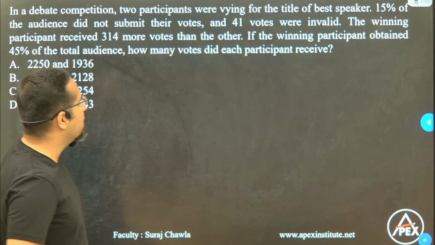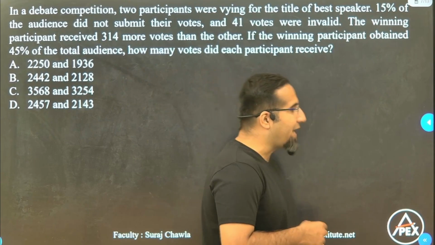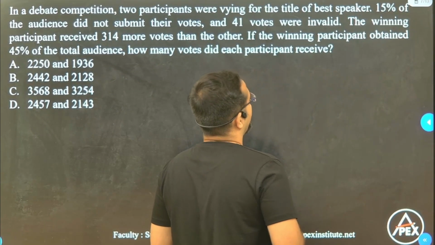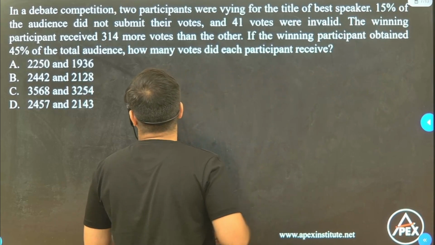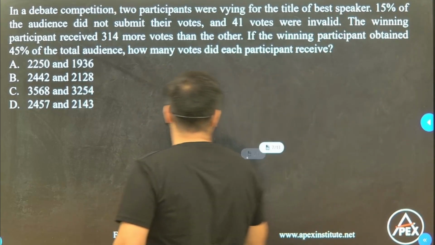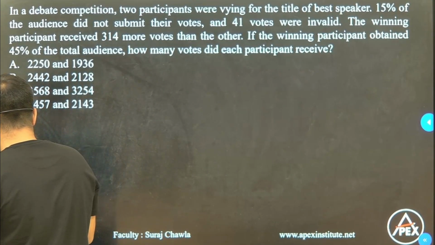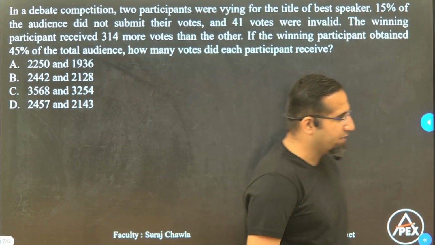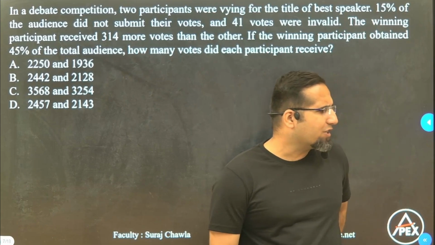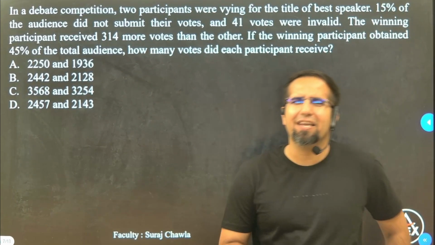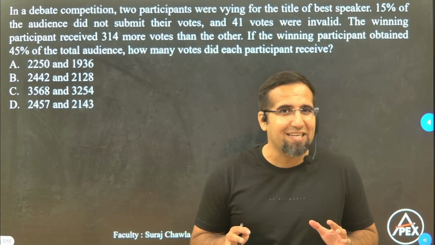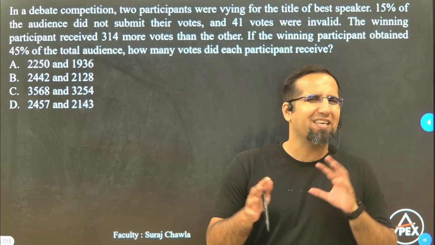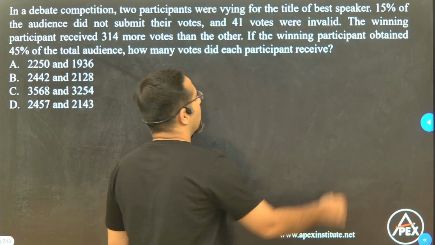Now in a debate competition, two participants were vying for the title of best speaker. 15% of the audience, okay, 15% of the audience did not submit their votes, and 41 votes were invalid. The minute I read this statement, which model comes to your mind? सीधा दिमाग में वोट्स का मॉडल आ जाना चाहिए. अब वोट्स के मॉडल में क्या क्या कॉन्सेप्ट थे गाइस? एक तो टोटल नंबर ऑफ वोटर्स थे,